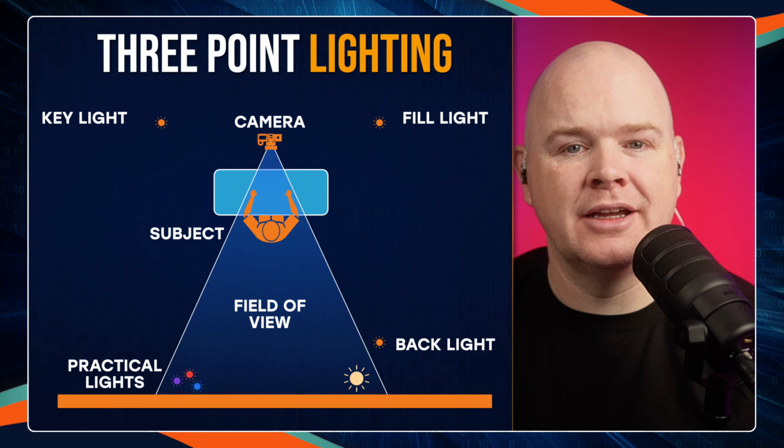But this is the backlight. It's intended to give a little bit more separation between you and the background. Obviously, I'm wearing a black top and there's a colored background there, so there's a very clear delineation there in any case, but that's what the backlight is for, just to give that separation. So if we come back to our little diagram,